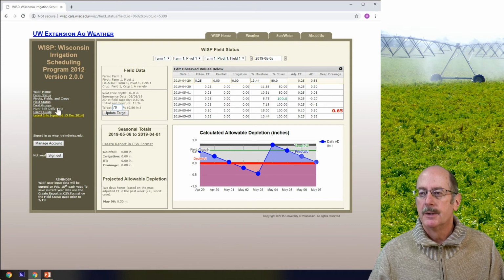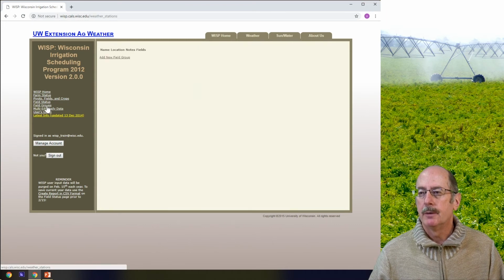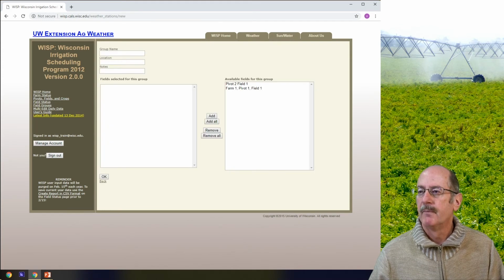Okay? So the next feature that the model offers is something called field groups. All right, and so you can set these up for multi-edit purposes only. This allows you, if you have several fields that are getting the same amount of irrigation or receiving the same amount of rainfall, to go in and add all of that information to all of those fields simultaneously.